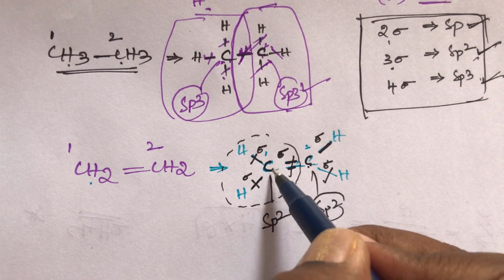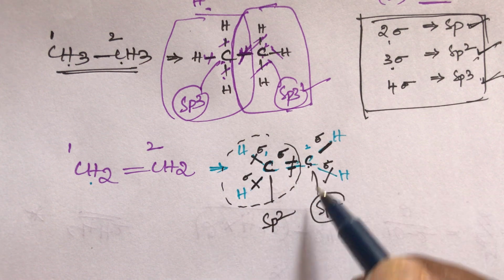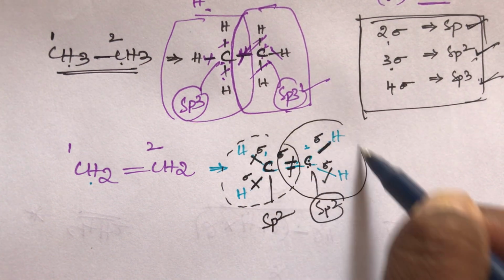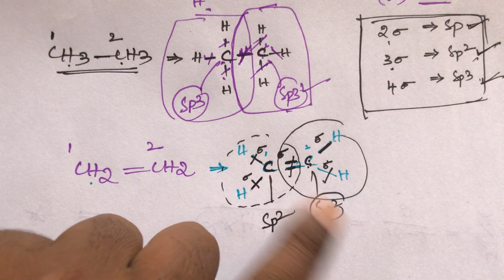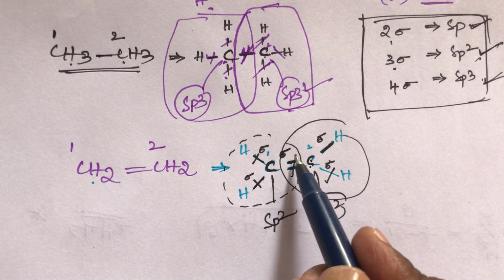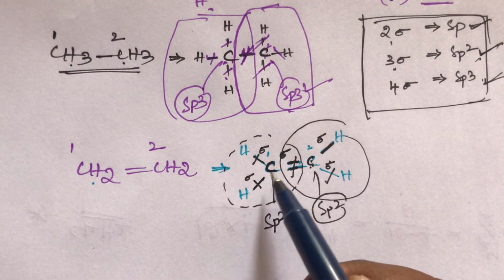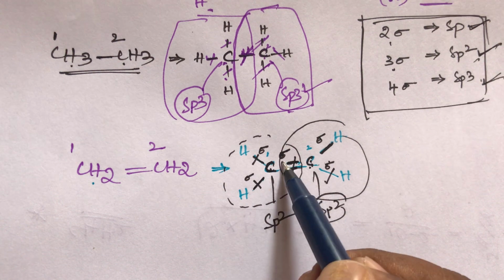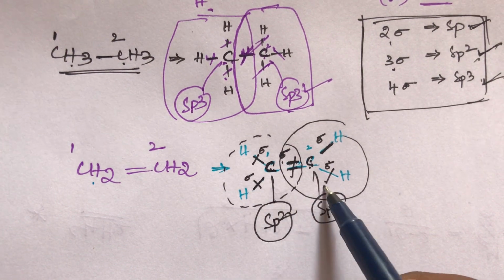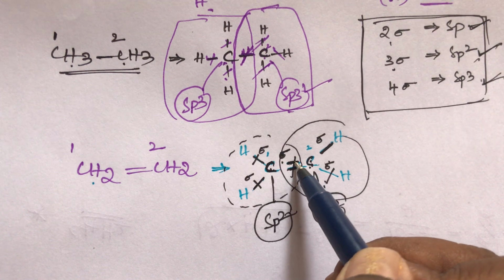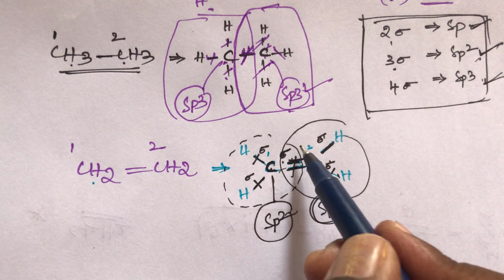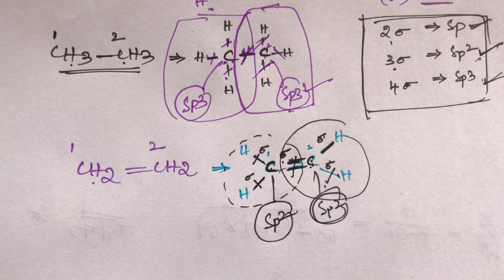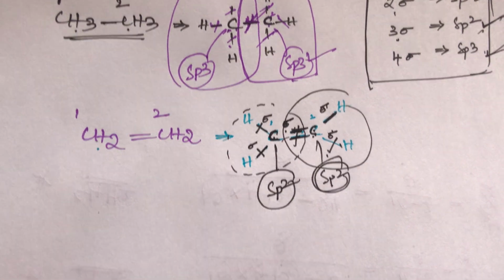So here this carbon surrounding 1 2 3, here also sp2 hybridization. You remember, student, this carbon surrounding means this place. The double bond belongs to both sides; count this sigma bond for both carbons. So the first carbon has 3 sigma bonds, that's why it is sp2. And the second carbon, count this one, 1 2 3, is also sp2. The double bond in between has only one sigma bond, and this sigma bond is counted for both carbons. So this is the simple trick, student, for hybridization in organic compounds.